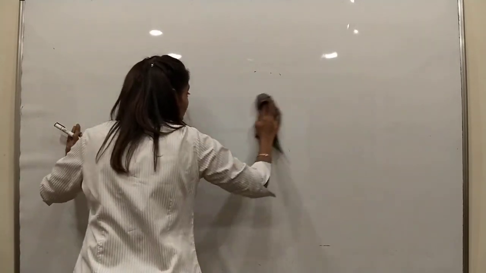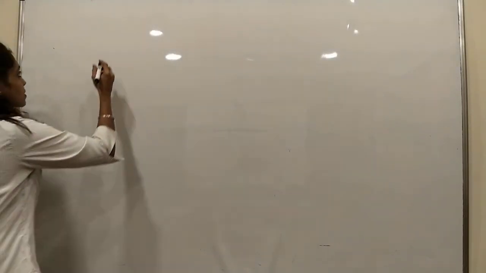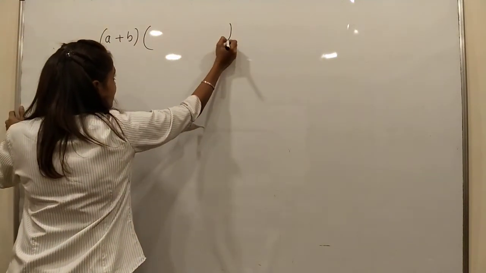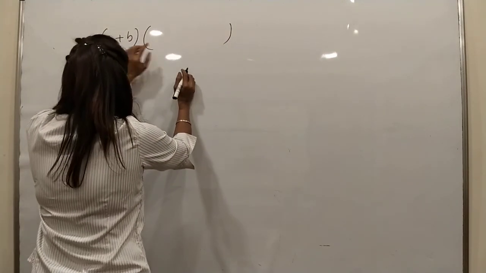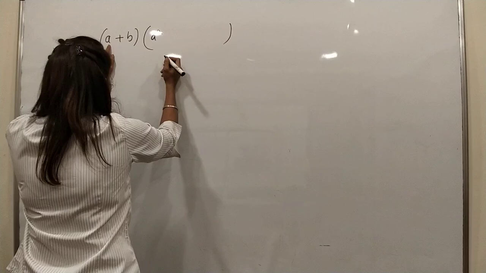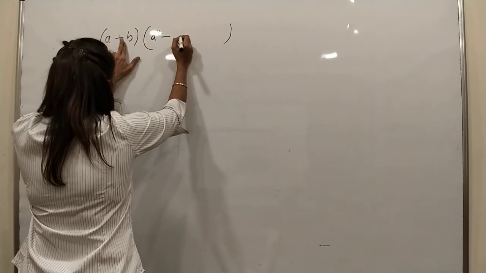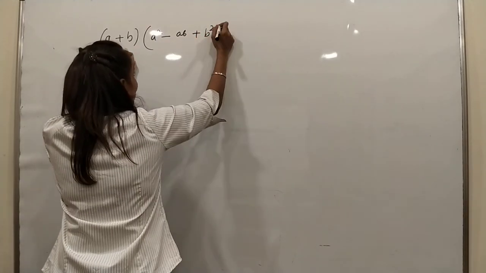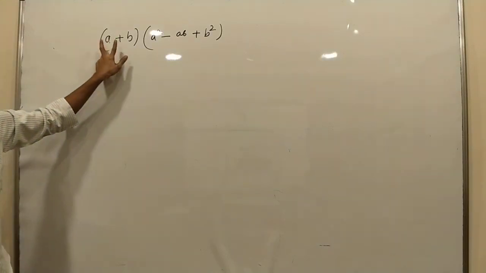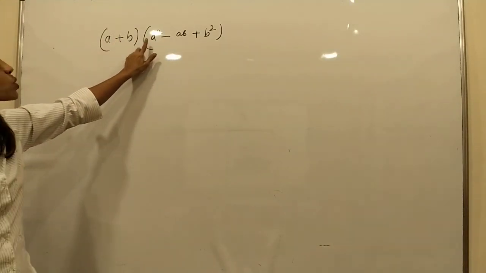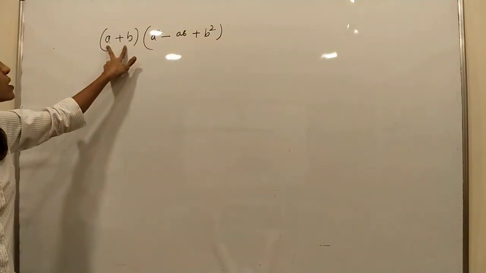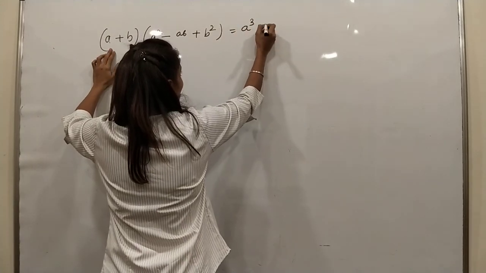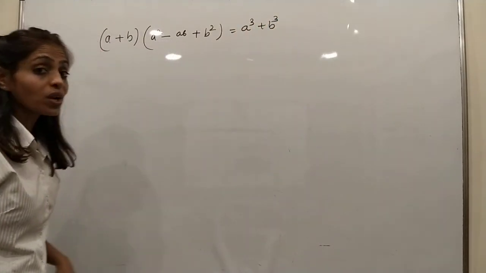In the second formula there are compulsorily two brackets. So a plus b in the first bracket, and in the second bracket the square of a, then where there is plus here there is minus, just a mixture of the two, and compulsorily the last term is plus b square. Got it? Two brackets, a plus b, the square of a, minus ab and b square is the formula of a cube plus b cube. Now try to solve it.